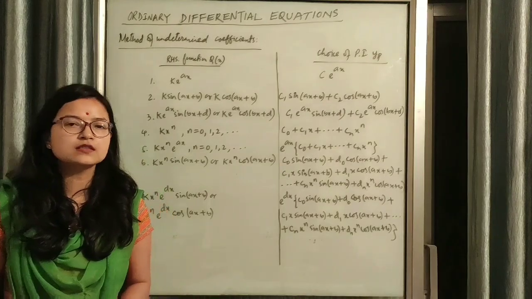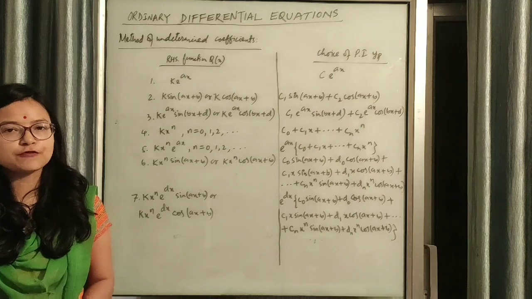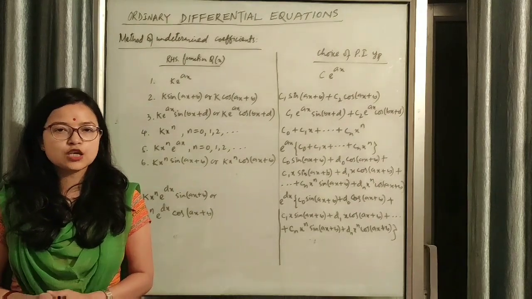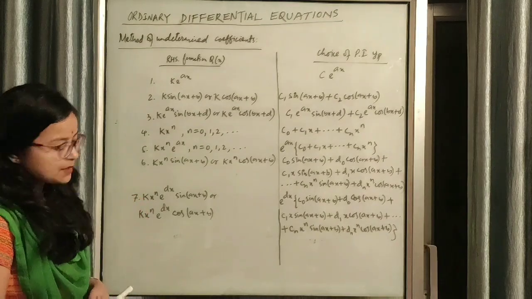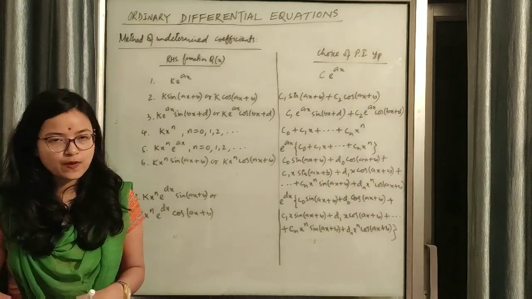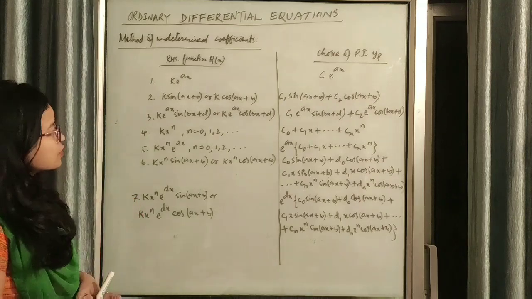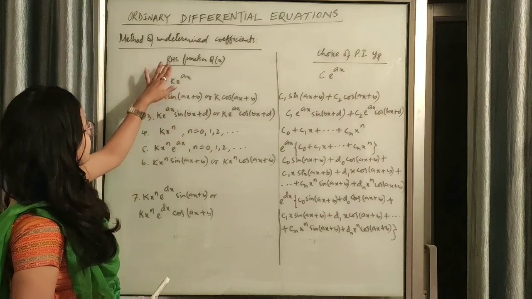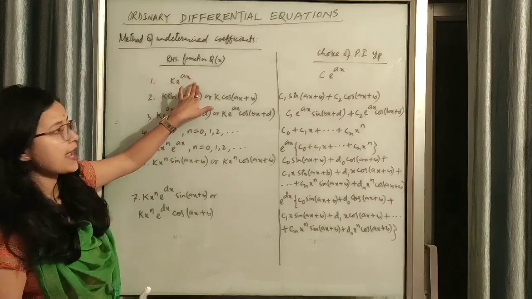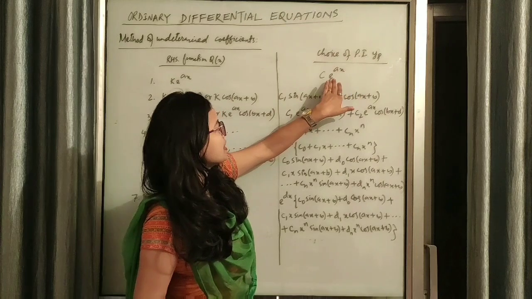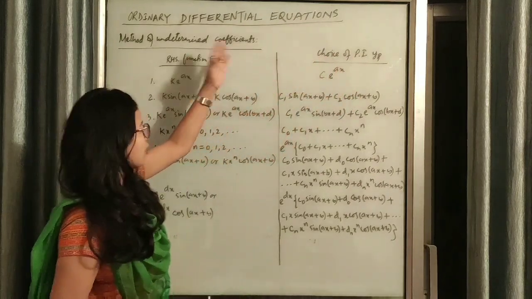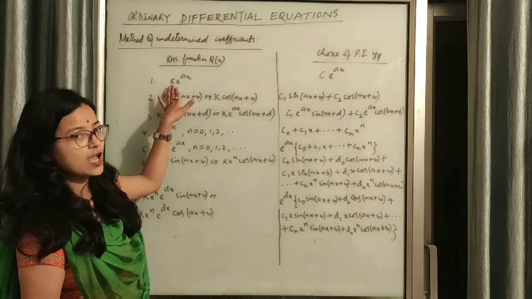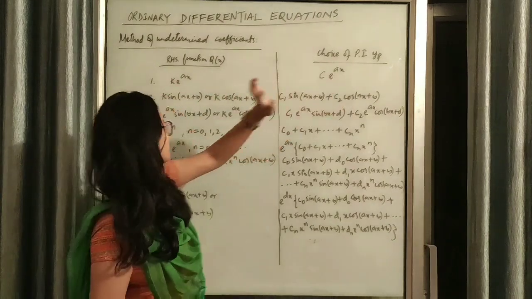The next step is to find the particular integral of the given differential equation. For that, we need to choose wisely on the basis of the right hand side function Q(x). Depending on the nature of the right hand side function Q(x), the forms of particular integral yp are as follows. If the right hand side function is of the form k e to the power ax, then the choice of PI will be c e to the power ax. In the original differential equation, if the constant k is involved, then a new constant we have to introduce.